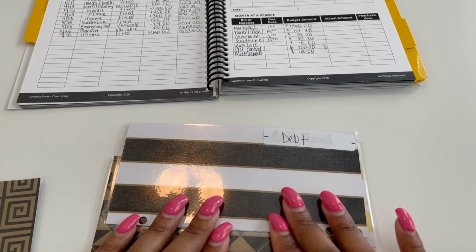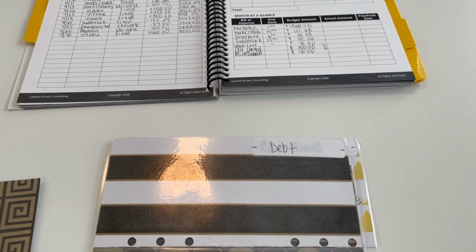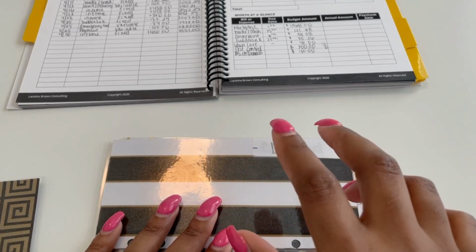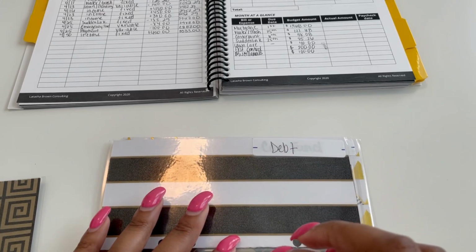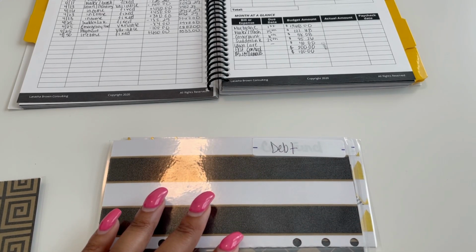So we put the gutters that we got for our house on that card. We did our backsplash, and we also put it on that card, and then just other little things. So to help him pay it off, me and the household are going to be putting just a few dollars in here, so at the end of the year, I can just give